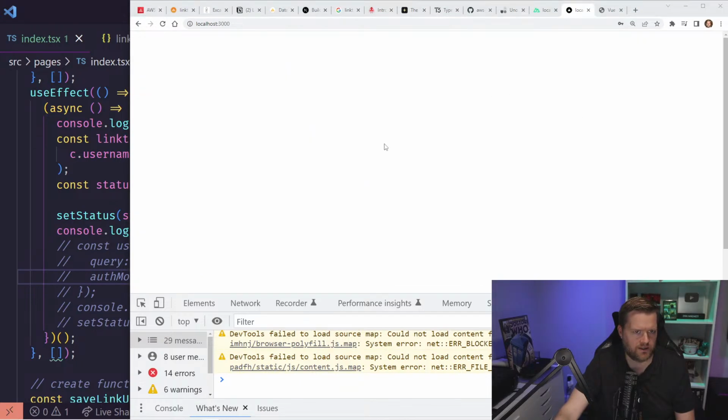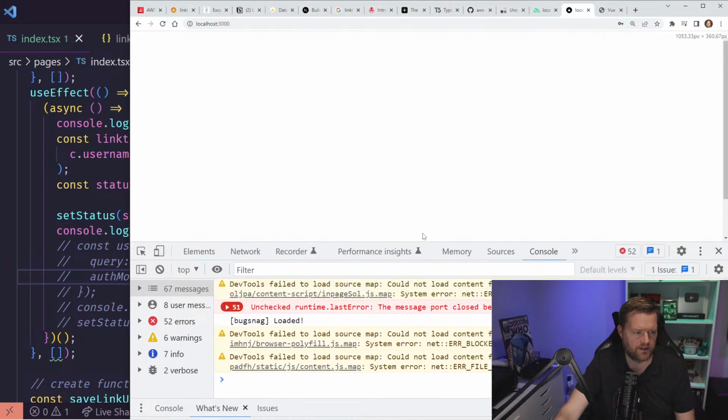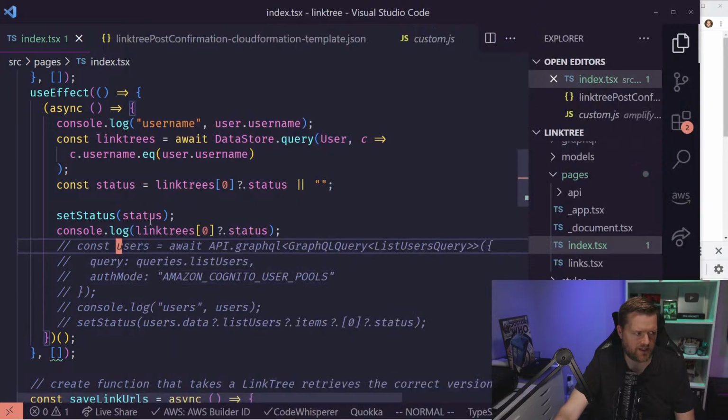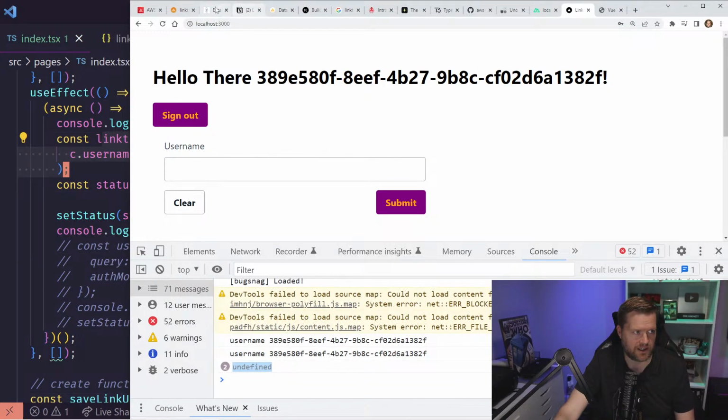So I log in. Now it says the username. Okay, it says undefined here. It does show the username, but it never sees it correctly. It thinks it's undefined. So it does this query, but we know if we looked inside our data store,